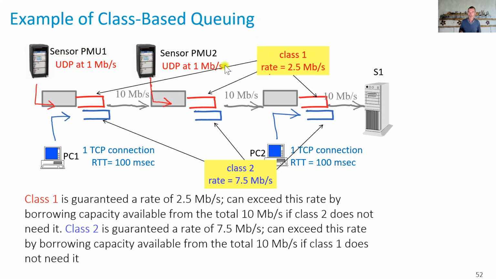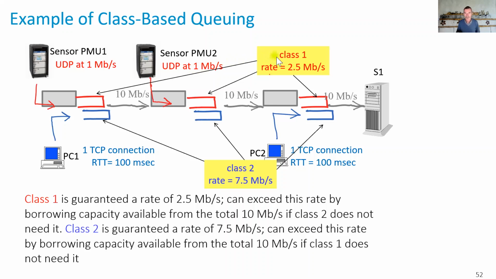If you have non-adaptive applications, we have seen that there are lots of problems that can occur. We can have congestion collapse. We can have inefficiencies. So if you have non-adaptive applications, you should separate them from the rest of the network, which we do here by putting them in a class which is called class 1. And then you should not only separate them, but you should also do what we call traffic engineering. You should calculate the rate that you allocate all over the paths of those applications